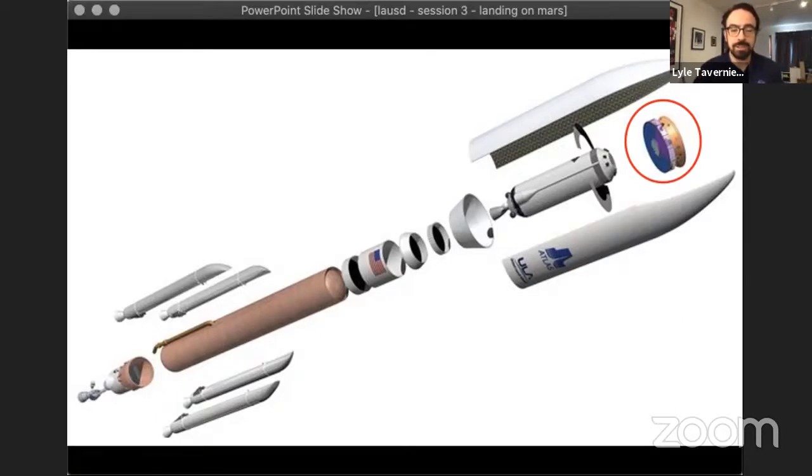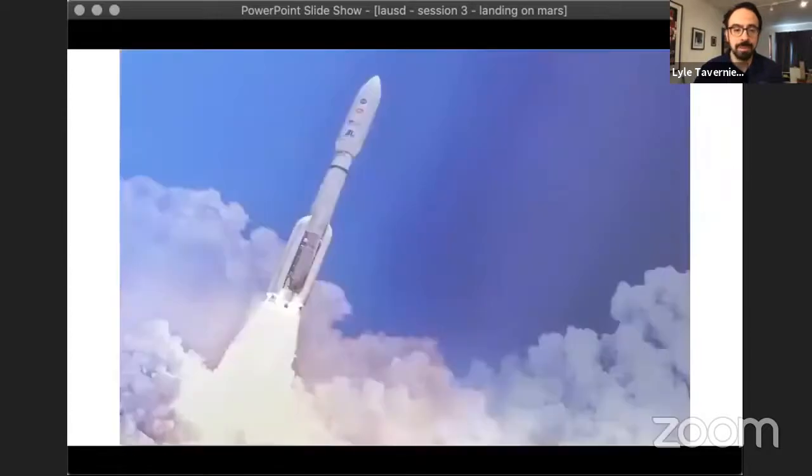So on the screen, you still see the rocket that will push the rover and the rest of the spaceship to Mars. And this is a drawing of what it looks like. We haven't launched yet,